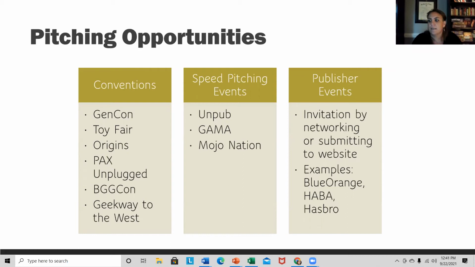Hasbro actually, pre-COVID, would invite people to their headquarters and show it off and make a relationship with you. And something else that's happened since I've done this for so long is that now there are these databases. If you do a pitch and the company initially likes you, so you have to get past that first stage, say they're like, yeah, we really like this, we want to look into it further. Then you're in a database, an inventor database, and you get all the newsletters they send